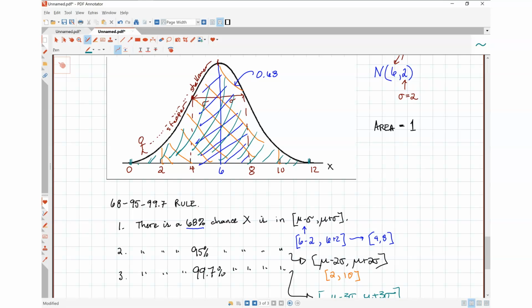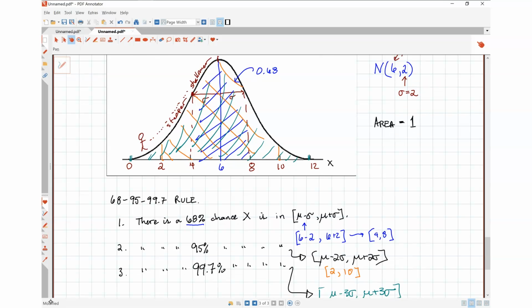Now you'll note that 99.7 is not 100, right? So there is a tiny bit of probability, or area, that is left over and sits outside of these numbers. So out on these tails, right? The upper tail and the lower tail is what we call these. And though that area is very, very tiny, it's not 0. And no matter how high up you cut this off, there will always be a teeny tiny bit of area going off to the right. These tails are infinite. Okay, so that's the 68, 95, 99.7 rule,